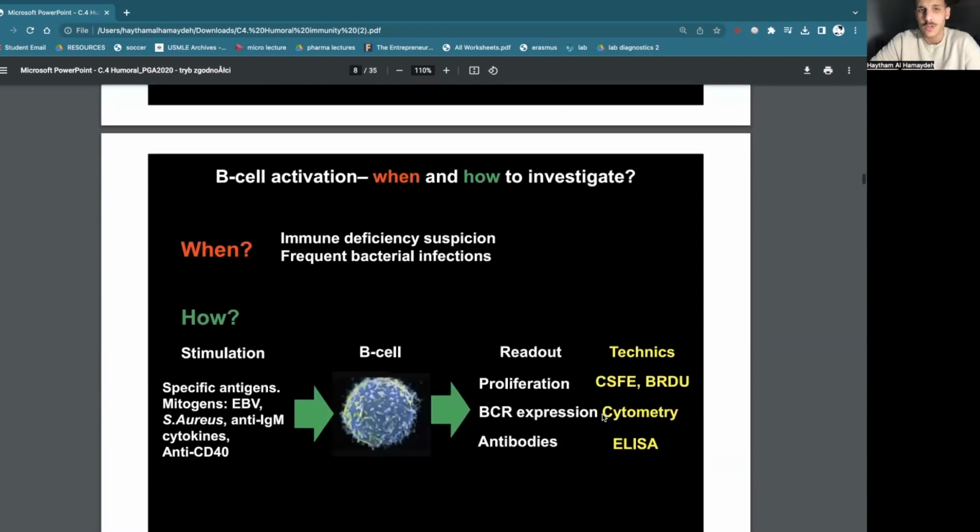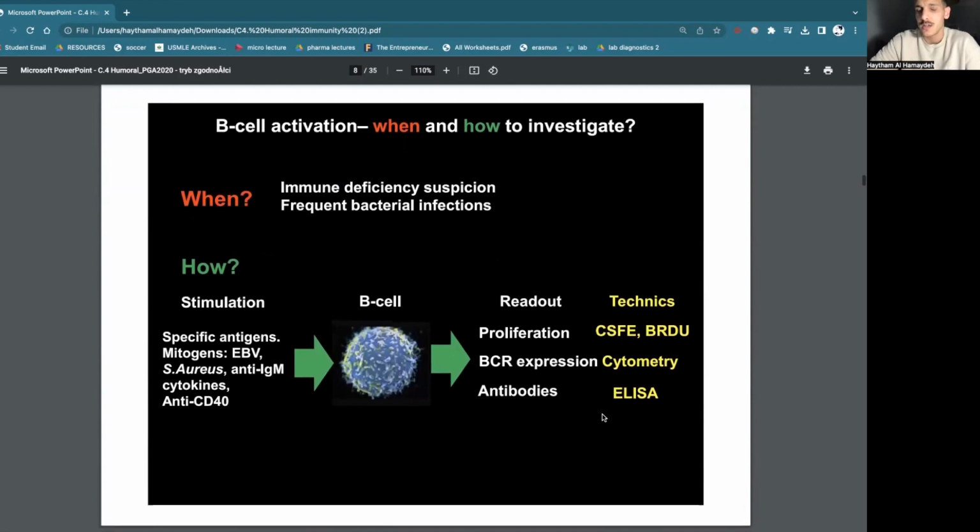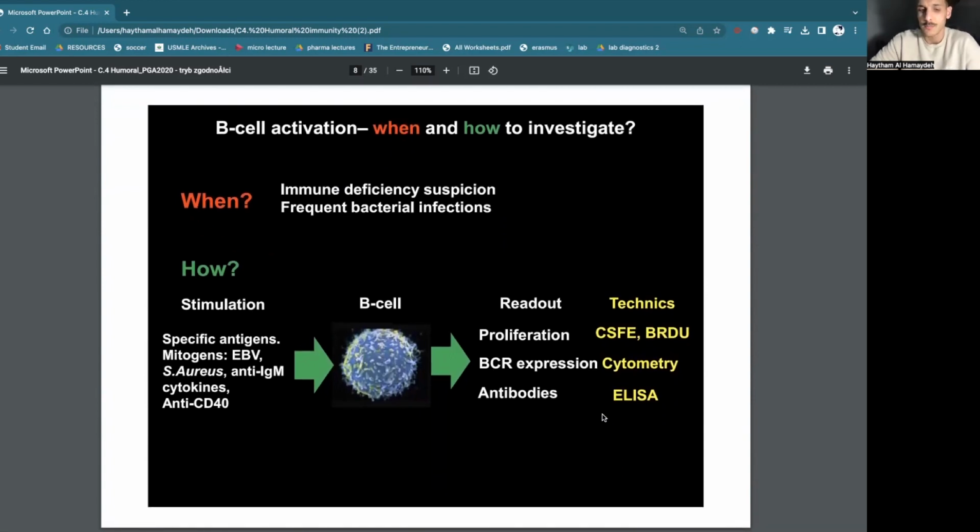And now we are trying to actually test, using methods or tools in the lab, whether the immunity of a B cell is working or not. And why do we want to check is because sometimes we are very suspicious over the health of an immune system, and this is a suspicion that arises from the increase of bacterial infection when somebody gets sick so many times. And so we are going to use what we have originally studied to actually test and look into the health